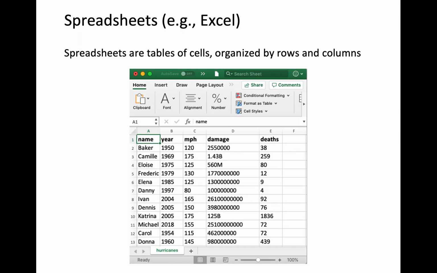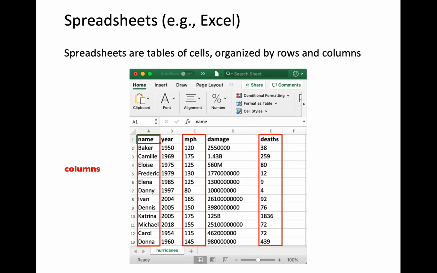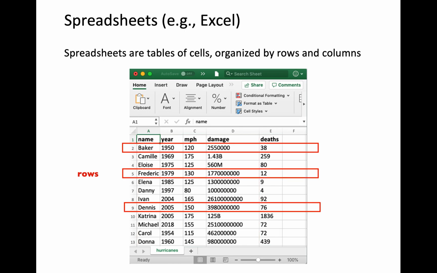I'm sure all of you are familiar with spreadsheet file format. You would have either used Microsoft Excel or Apple Numbers software to be able to deal with spreadsheets. Spreadsheets allow us to store tabular data. The data is organized using structures called cells. A vertical stack of cells is called a column. A horizontal stack of cells is called a row.